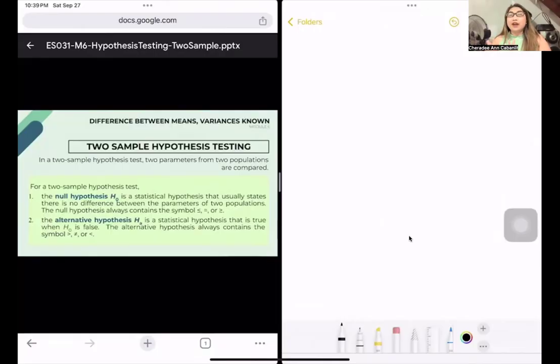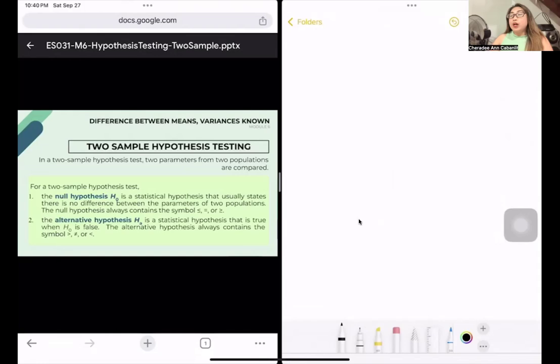If the variance is known, sometimes it's dictated in the problem, but in a real world scenario, you really have to compute it. So we will do an F test on that. We will discuss the F test on the fourth lesson, because this is the third lesson. For the purpose of discussion, we will be assuming that the variances are equal or not equal for the meantime, but in reality, you have to really test if the variances are not equal.